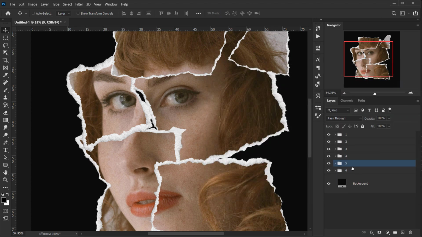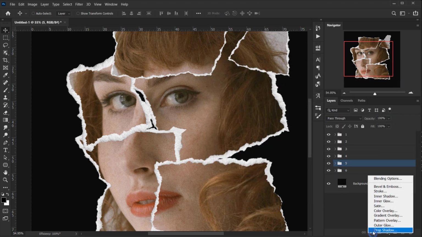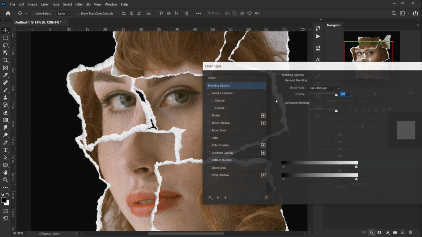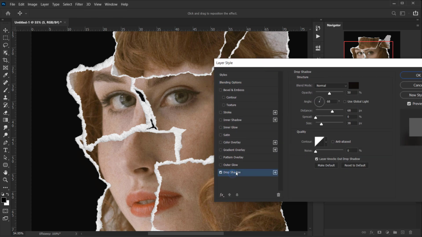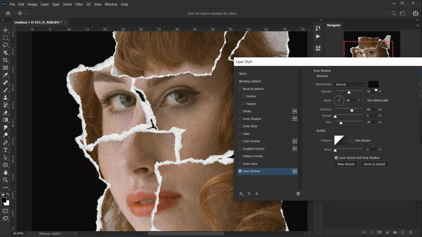What I did is I select the group and then I went and opened the blending options. And then apply a drop shadow. I'm using black as my color with normal blending mode. And I'm gonna use only my cursor to put the shadow where I want, somewhere around here. Maybe I will put it a little bit down.